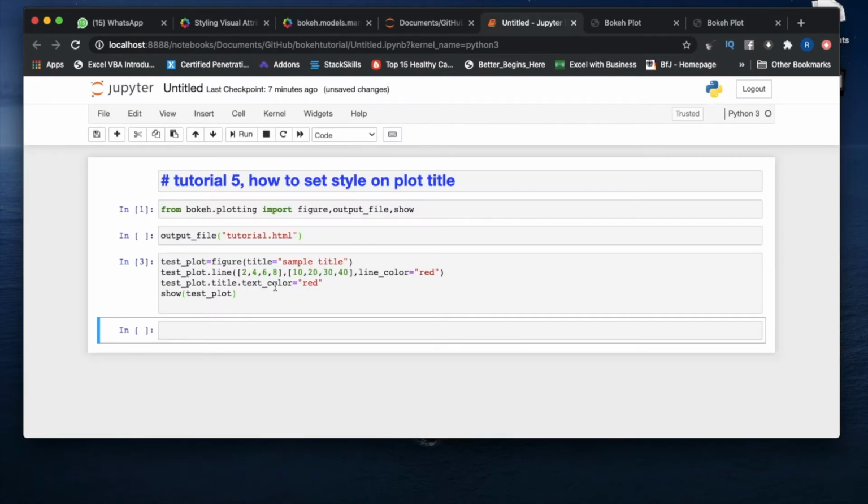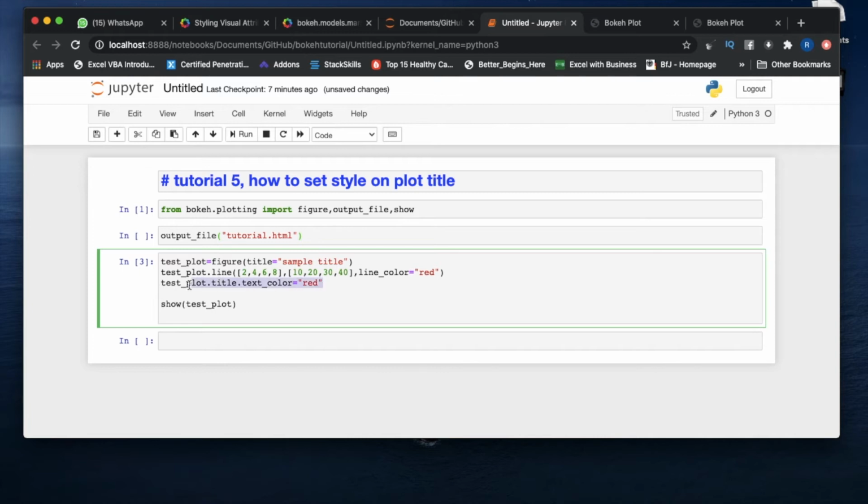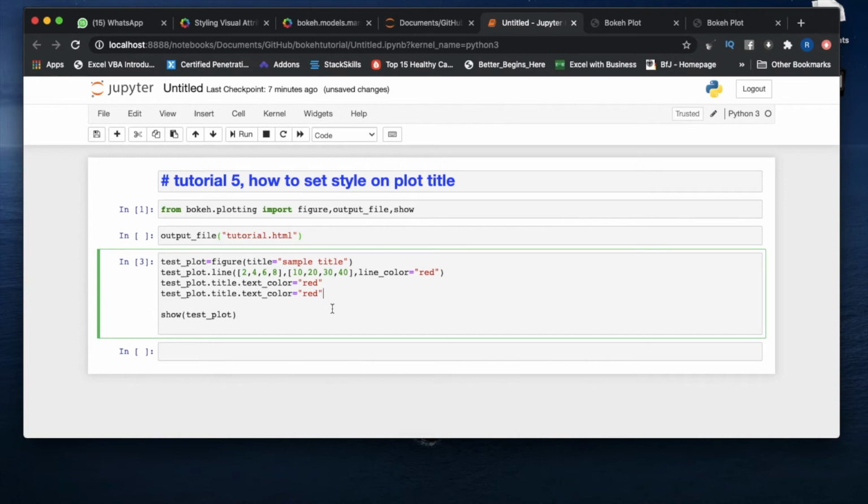If you see here, I just used this, and after that maybe I can do the same thing again. Let's change this. Maybe text_font, maybe Arial, or Arial is fine I think.